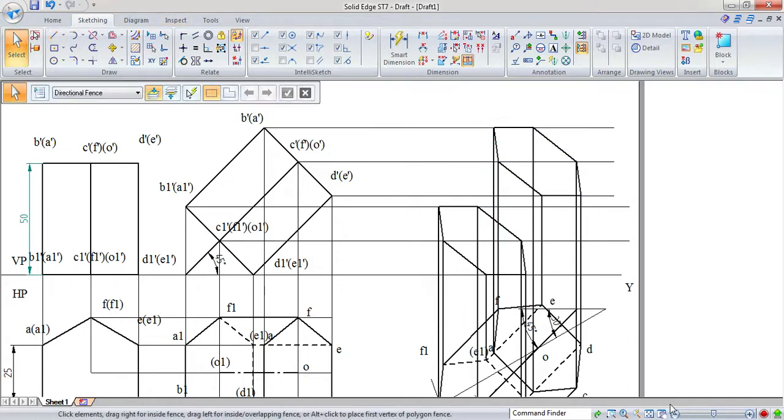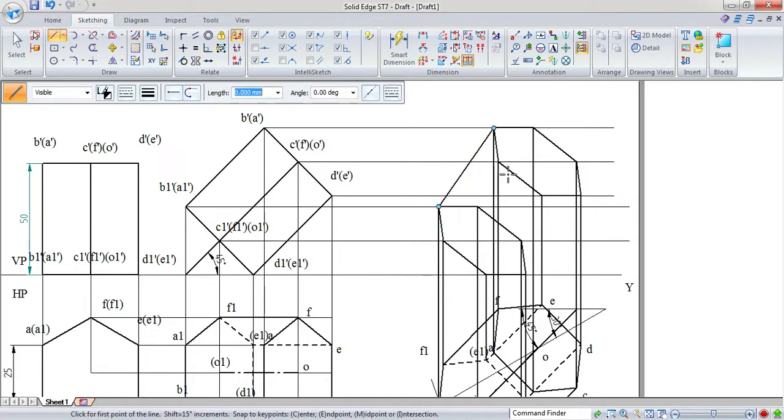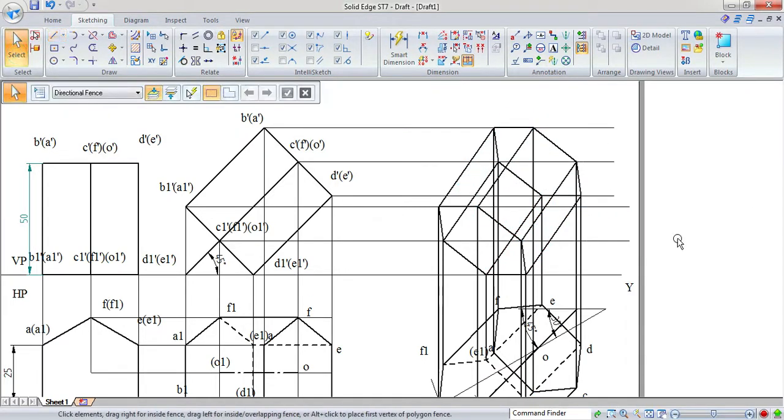Now we have connected the top and the bottom faces. Now take a line command, so you can connect the lateral edges. Now corresponding lateral edges you can connect. Okay, so after connecting, here again we have to look for the hidden edges.